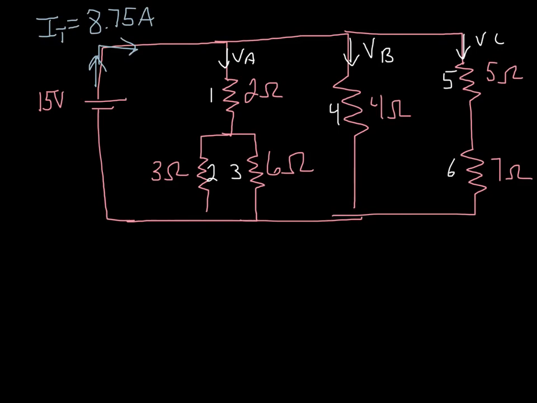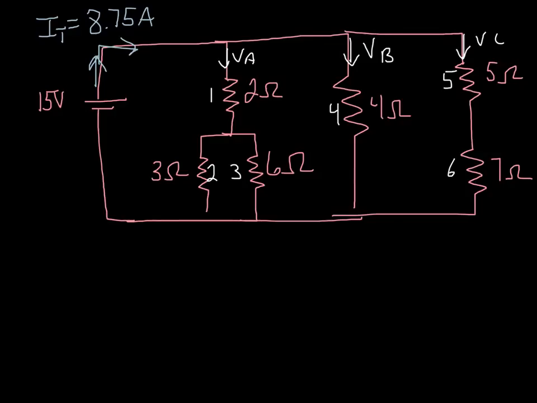So now we come back to our main diagram. And we now see our total current is 8.75 amps. I've also labeled the resistors with their numbers to help us identify each one a little better. You also notice we have VA, VB, and VC. Those are the voltages across each of these paths,